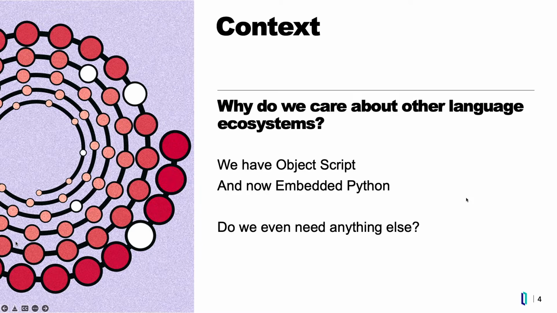In general, we now have ObjectScript, we have embedded Python, right? Sometimes I get the question like, hey, do we even need something else? Now we have everything we need. And you've heard this by Scott on Wednesday, right? Nevertheless, it doesn't matter how much you have inside your box. You always need to push data into the box, and you always need to expose the data that you have and the logic that you have.